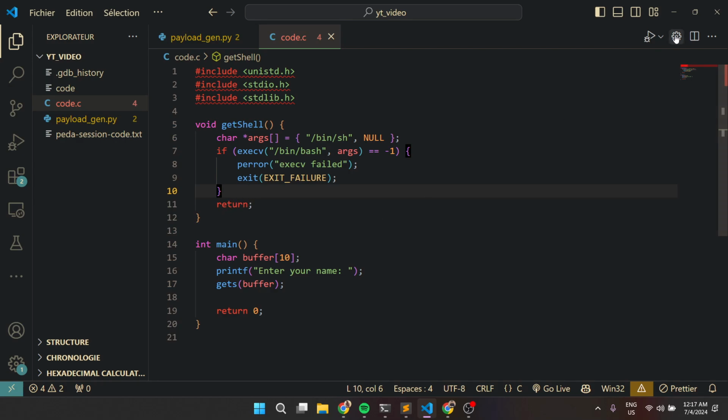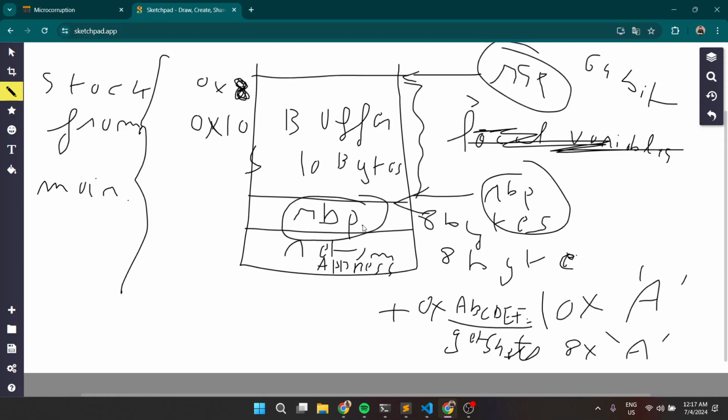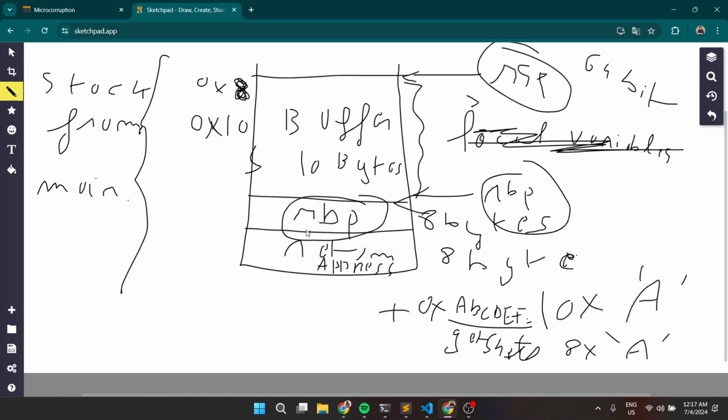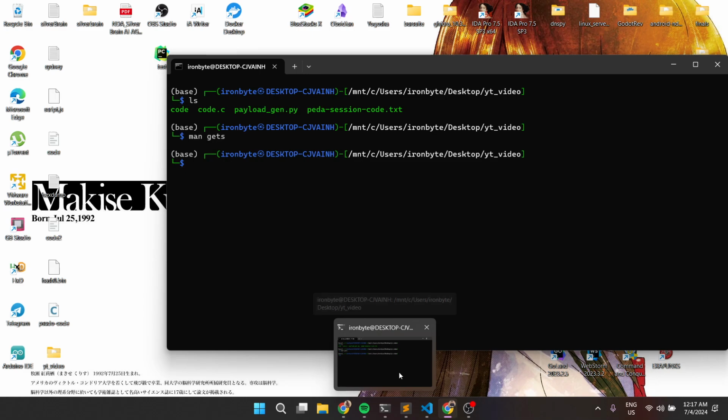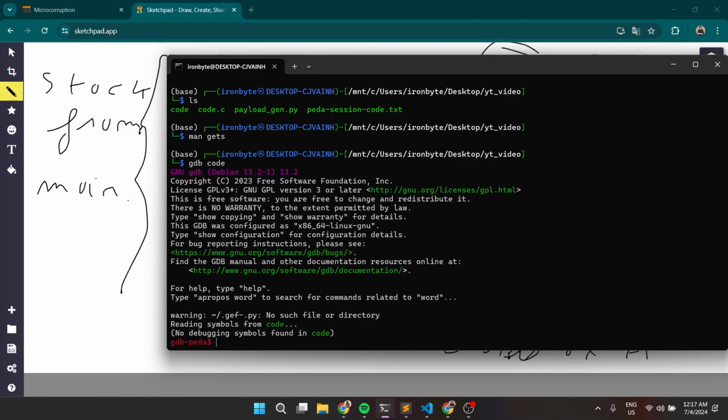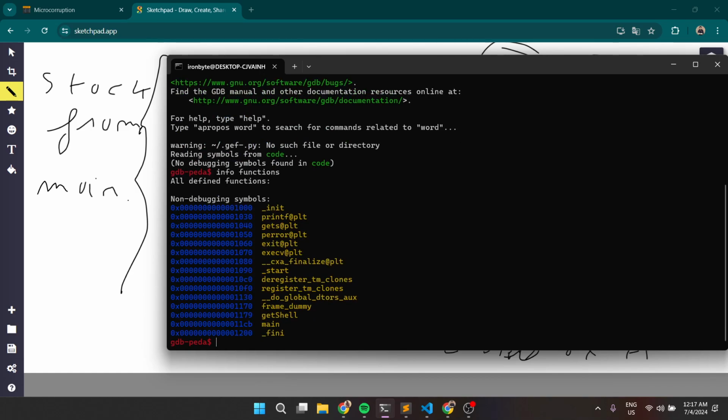Yeah. Now, from a technical perspective, I have just explained for you what Stack Overflow is. Now, let's try to exploit that vulnerability, and to do that I will be using GDB. I have tried to use GDB just to let you feel the vulnerability in front of you. So if we try to debug the code, we do the usual stuff. We try to see what kind of functions we have. So we break in the main,